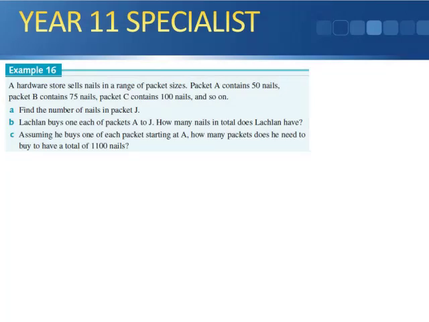Number 16, a hardware store sells nails in a range of packet sizes. Packet A contains 50 nails, B 75, and C 100 nails, and so on. Find the number of nails in packet J. So this is part A. We know A equals 50, that's our starting value. We know that D equals 25, because we're getting 25 added to it all the time. Okay. For the next one, for J,